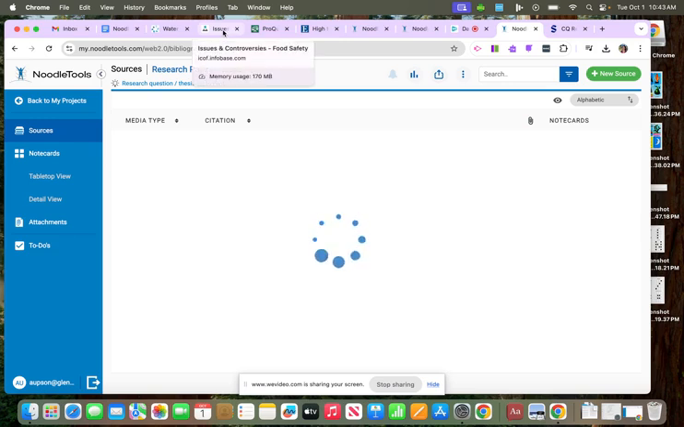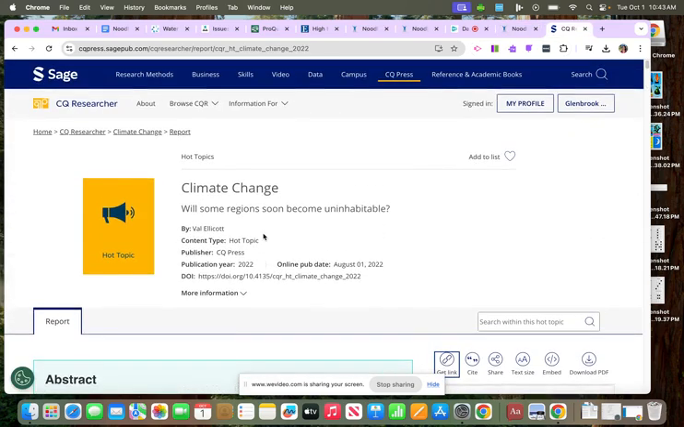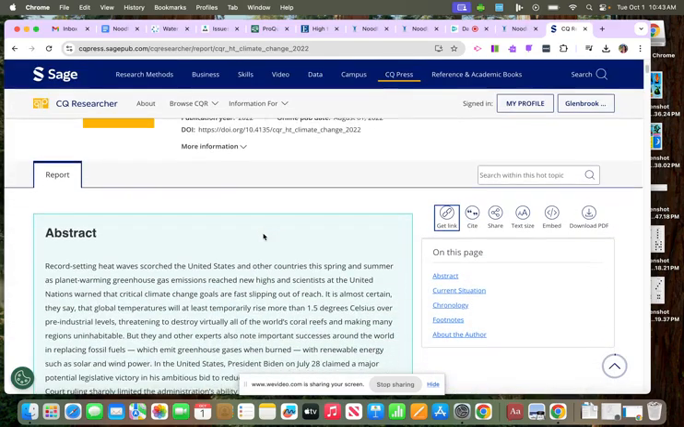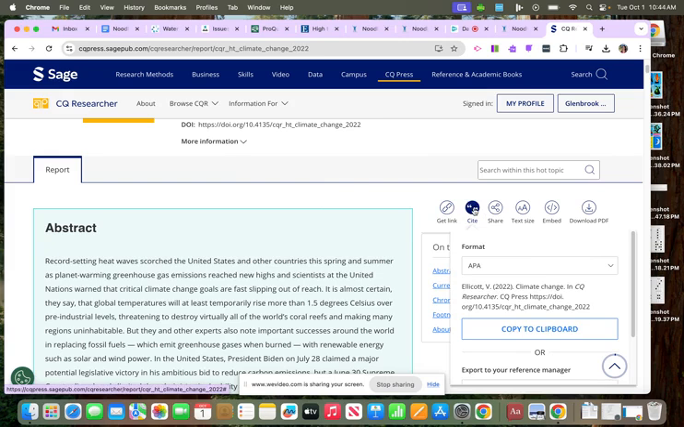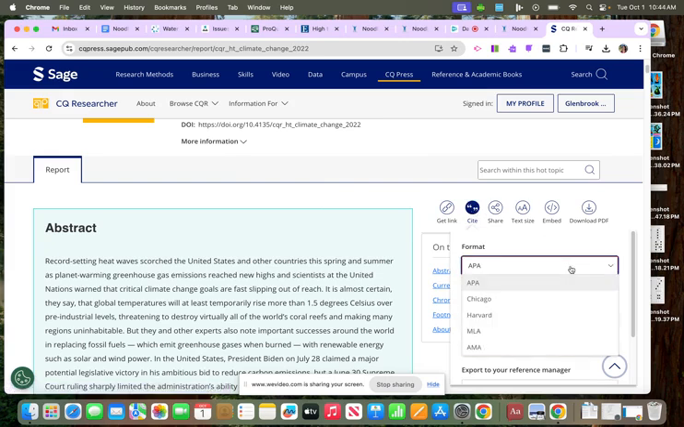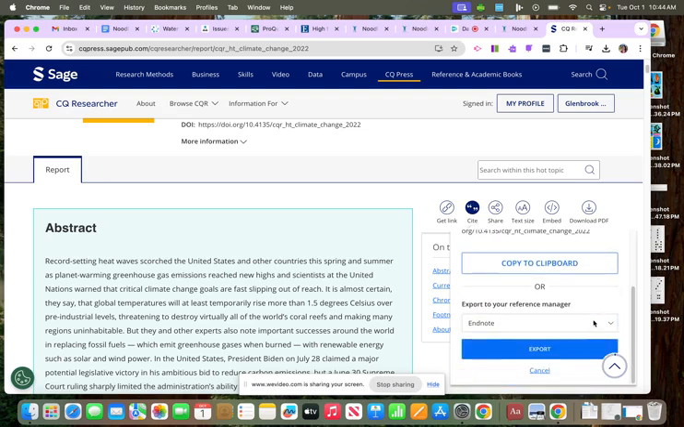The other database I want to show you how to cite is CQ Researcher. So let's say I have found a CQ article on climate change, and I want to cite this in my research paper. I'm going to click the Cite button. Here I have to manually select MLA style. So make sure you do that. For this database, you do have to copy to the clipboard